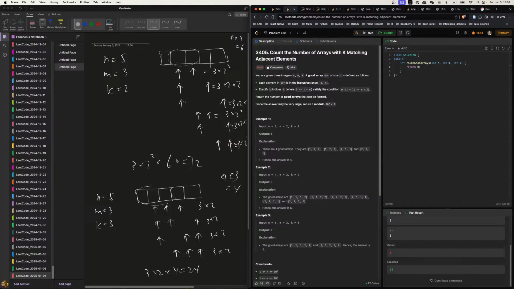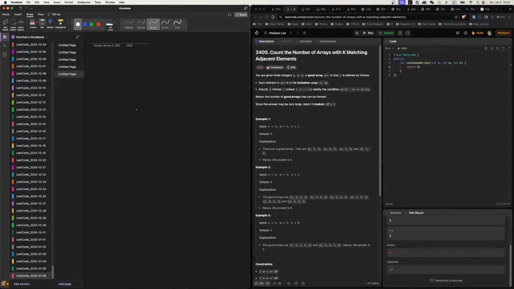And then the adjacent ones form one entity, and the single ones form another entity. So basically just count how many entities we have at the end. So now I have a question, right? What if all the entities are split, like I have one here,